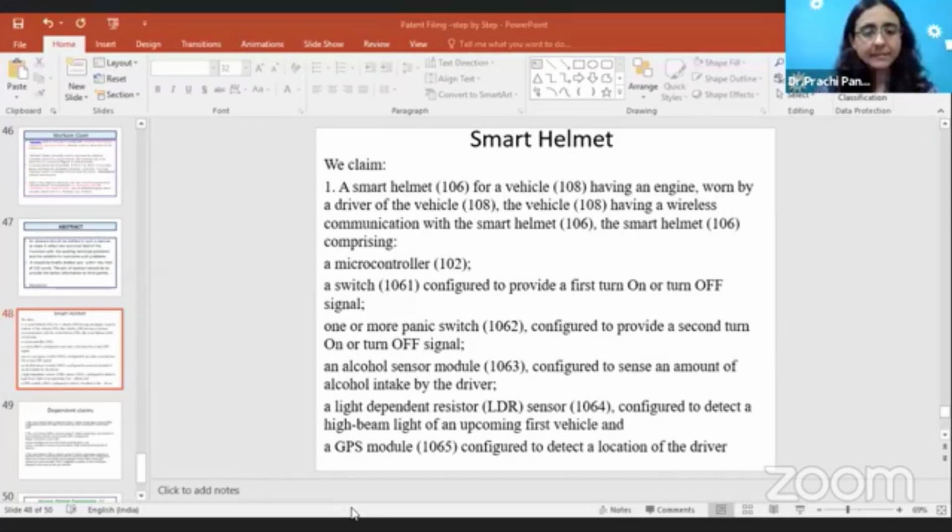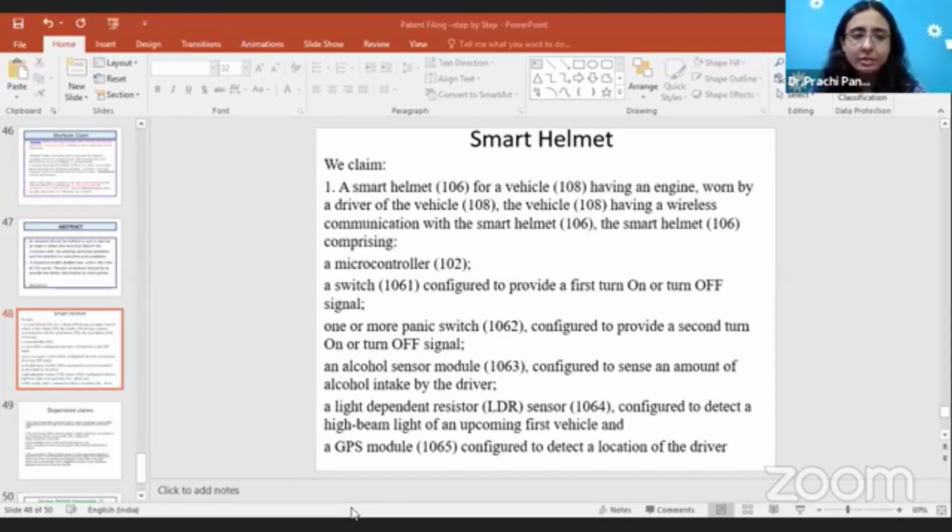In summary, they have enlisted everything, how they have used it, even the alcohol sensor module for their last objective. Communication mode, user interface, camera, everything was there. A brief description of the drawing was there. In the description part, actually, I have not